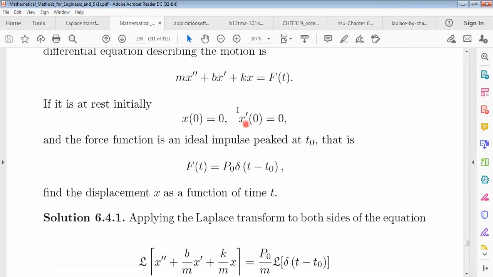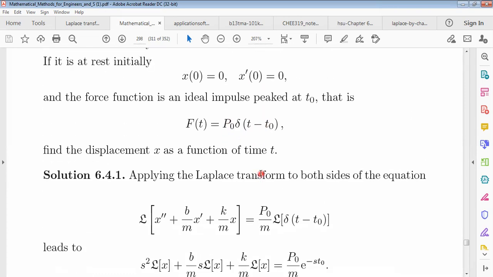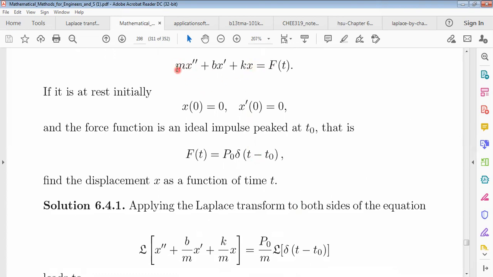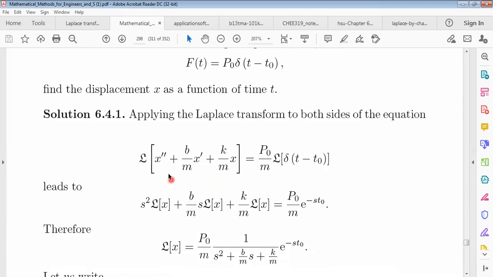So just taking Laplace transformation of this equals f of t means what? This, remember it. Now dividing by m on both sides, we get p naught by m on the right hand side. So Laplace transformation of second derivative of x of t, what will be? This: s square Laplace transformation of x plus s into Laplace transformation of x constant. You must know, this is actually the shifting property of Laplace transform, e to the power minus s t naught.